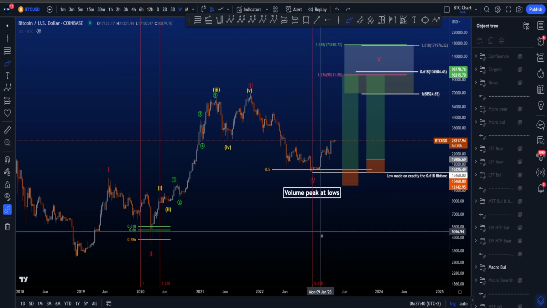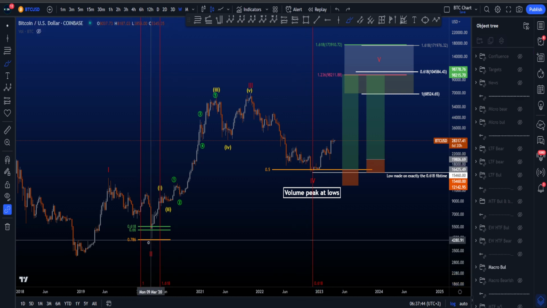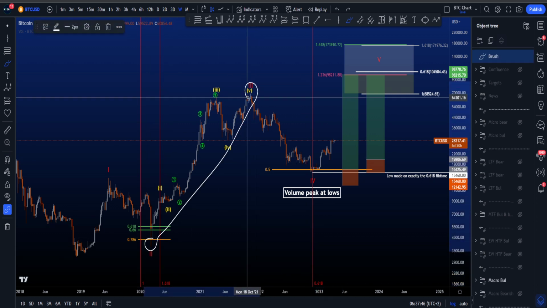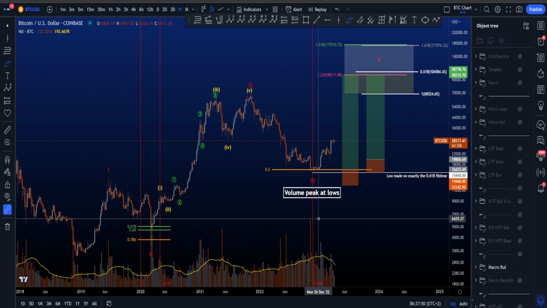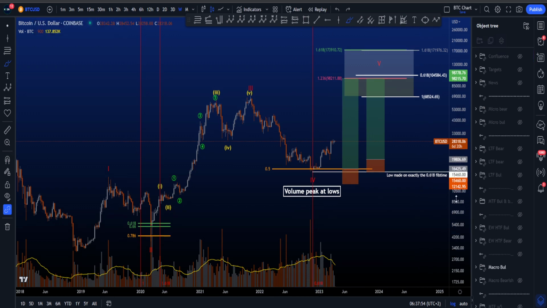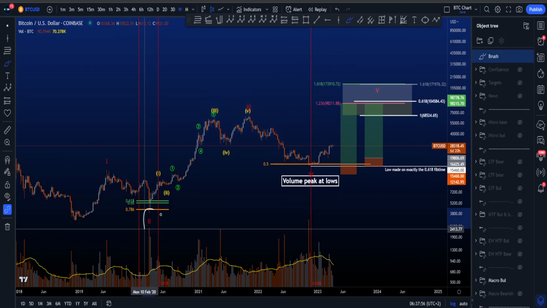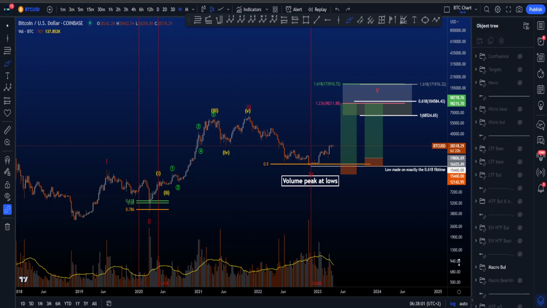The low is also made exactly on the 0.618 fib time, the vertical line that you see over here, the red line taken from the low of 2 to the high of 3 as well, for some extra confluence, and we had a big volume peak at the lows as well. Now, volume peaks can signal reversal areas just like it did with wave 2 over here. You can see the big volume peak at the low of wave 2, which was the COVID dump, by the way,